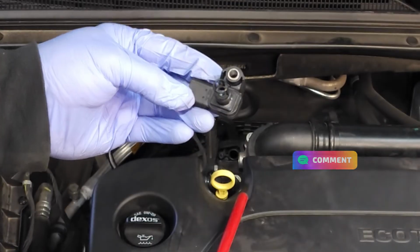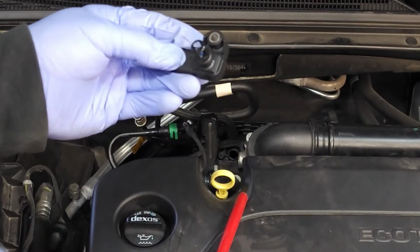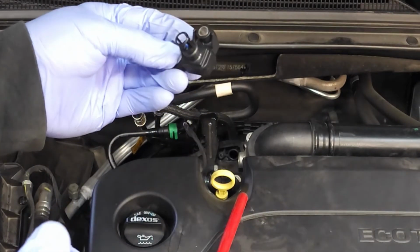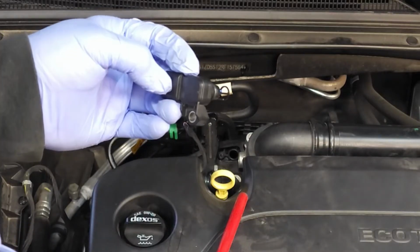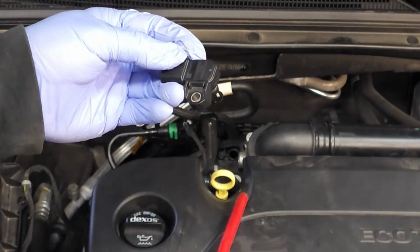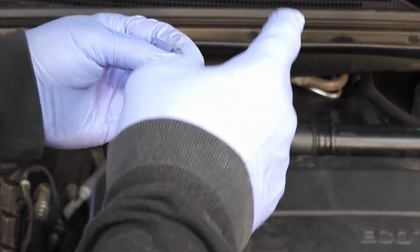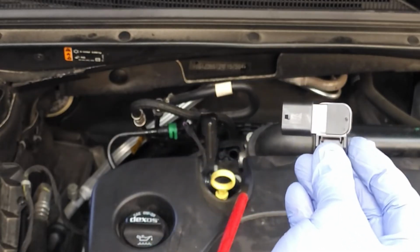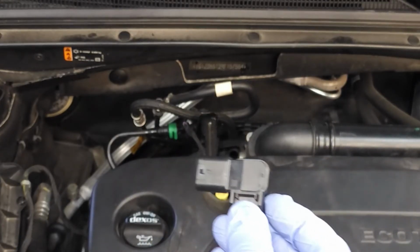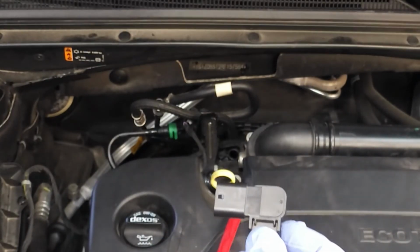It's pretty much bulletproof. It's going to last 60, 80, even up to maybe 120,000 miles. It just really depends on how clean you keep the intake. Remember, this is an intake air pressure sensor. And so if you're having any issues with your mass airflow sensor, or you're having any issues with your air filter,